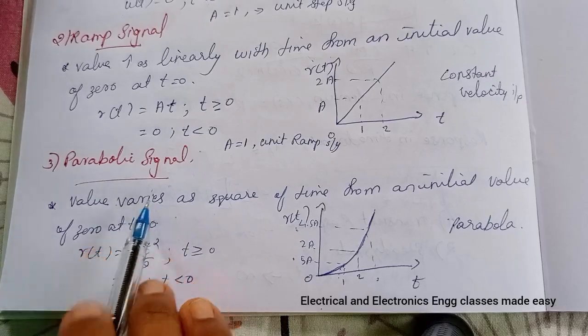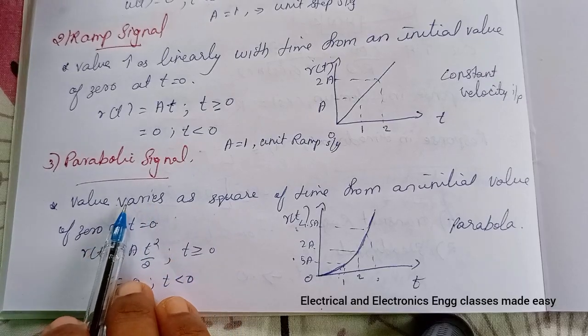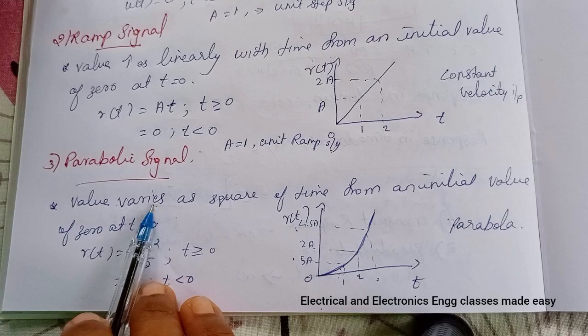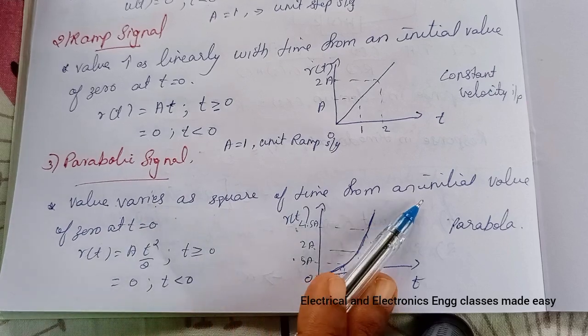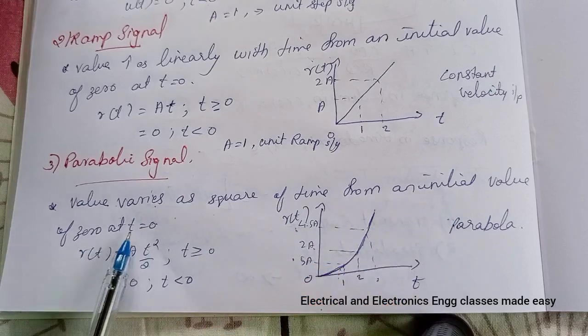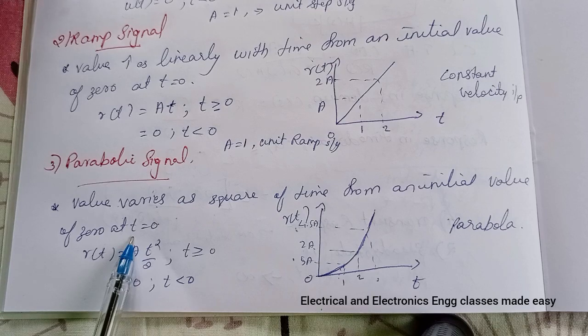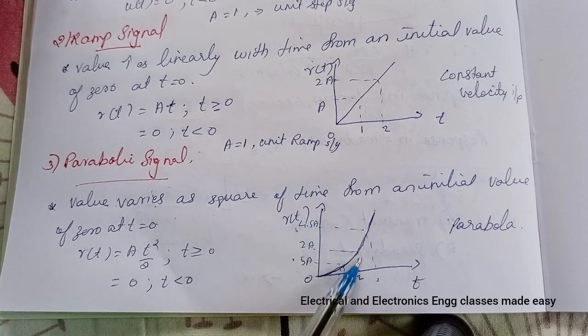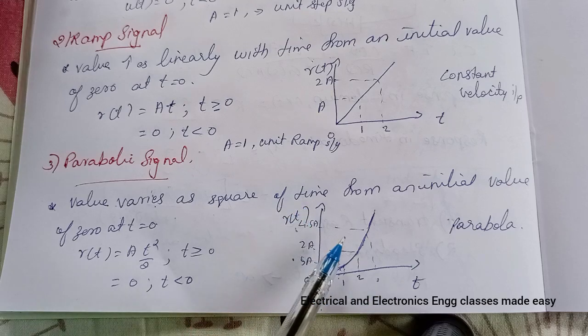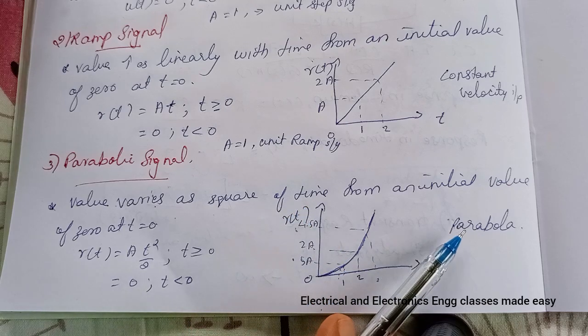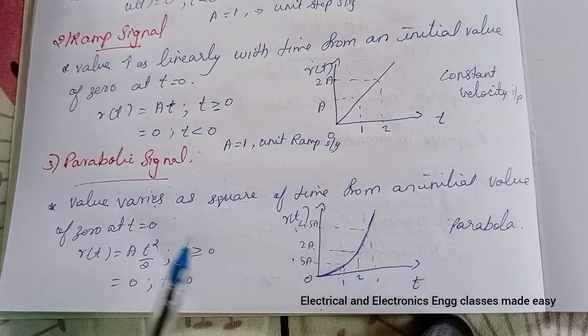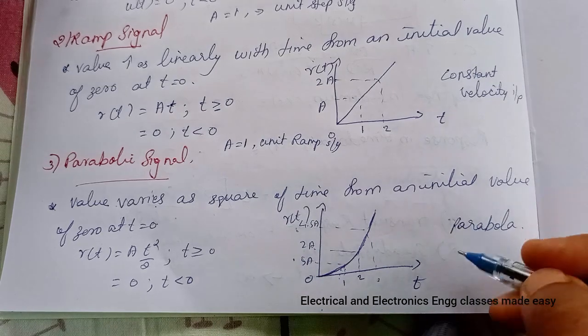Next is parabolic signal. In parabolic signal, the instantaneous value varies as square of time from an initial value of 0 at t equal to 0. And this is the parabolic signal graph. So it resembles a parabola, and the parabolic signal resembles a constant acceleration input